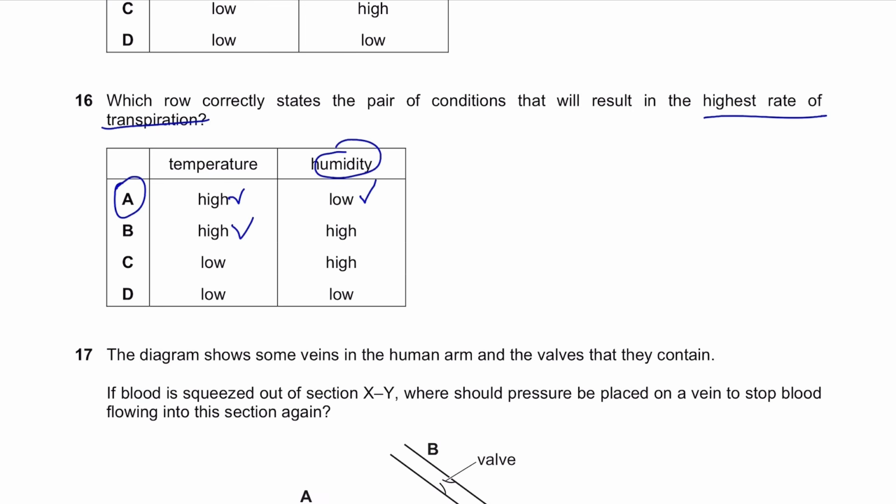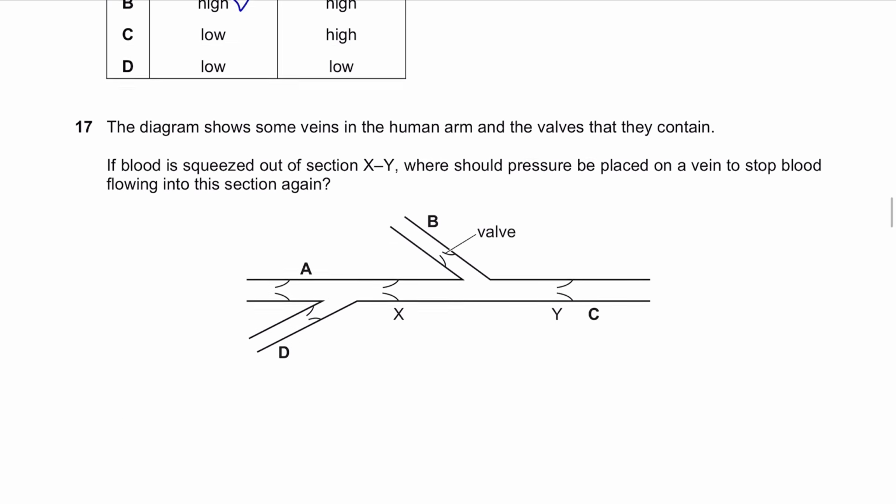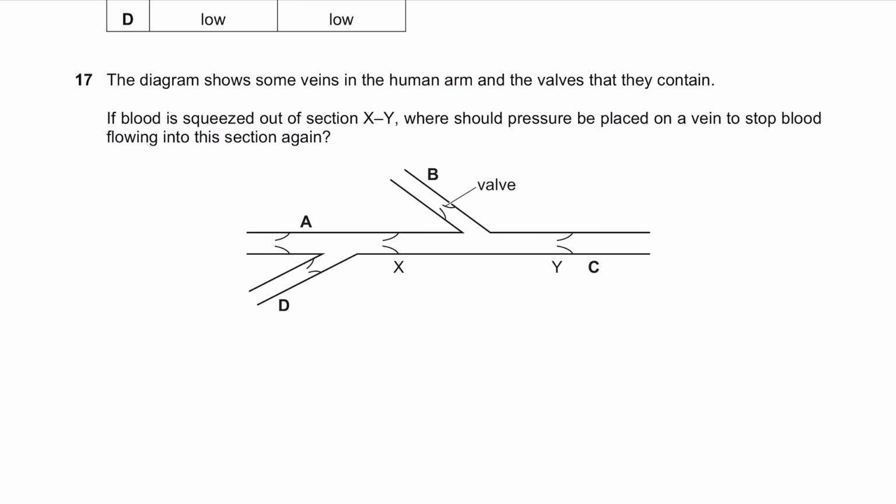So the answer is A. Question 17. The diagram shows some veins in the human arm and the valves that they contain. If blood is squeezed out of section XY, where should pressure be placed on a vein to stop blood flowing into this section again? You have to identify these valves, so they help you to identify the direction of the